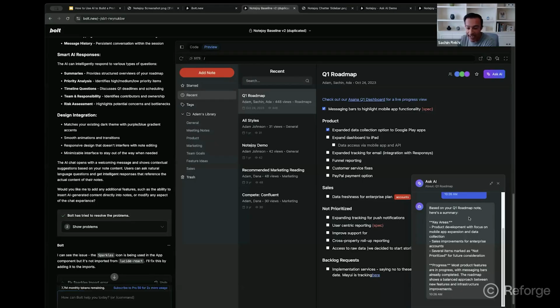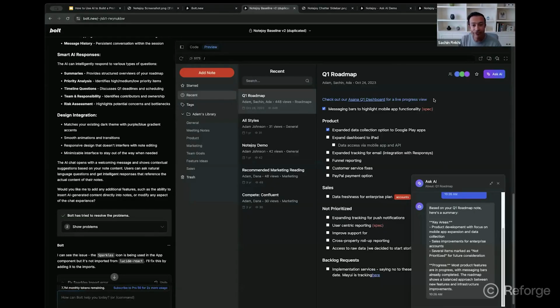So it's showing me, hey, here's a summary of what this note is all about. And so what's cool about this is we're moving further than a static mock-up to actually seeing what the interaction experience might look like if this feature actually existed. Now, of course, right now it's still mock data, but the cool thing here is I'm able to actually see exactly what that experience might be.